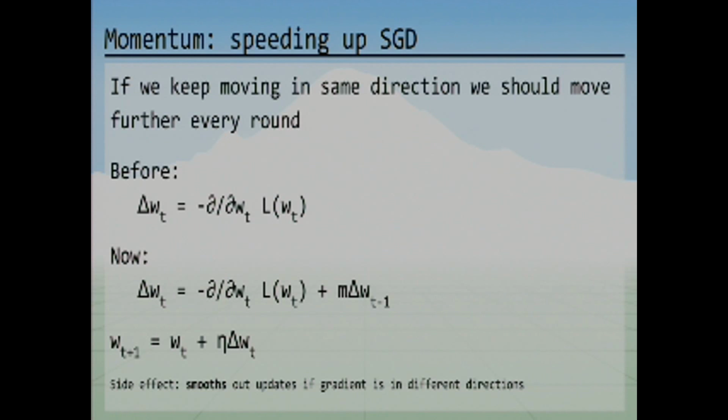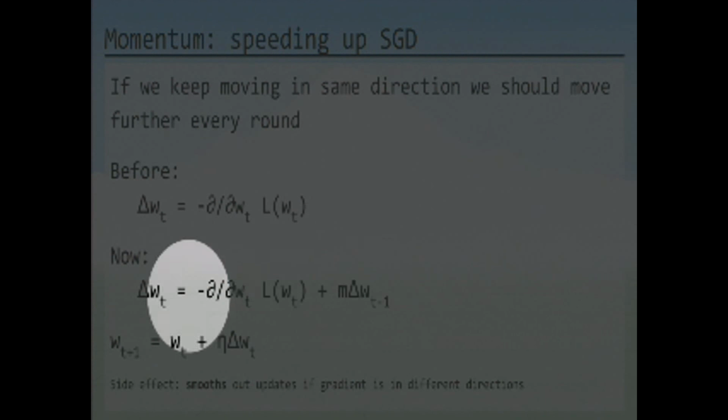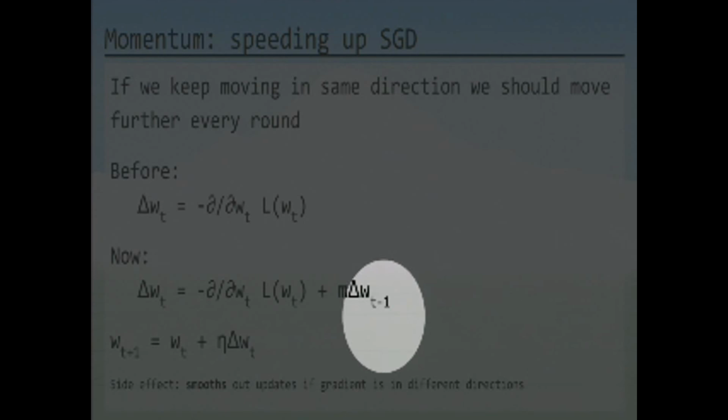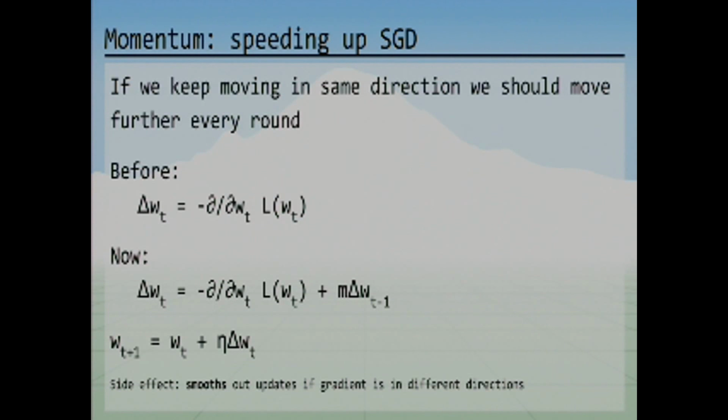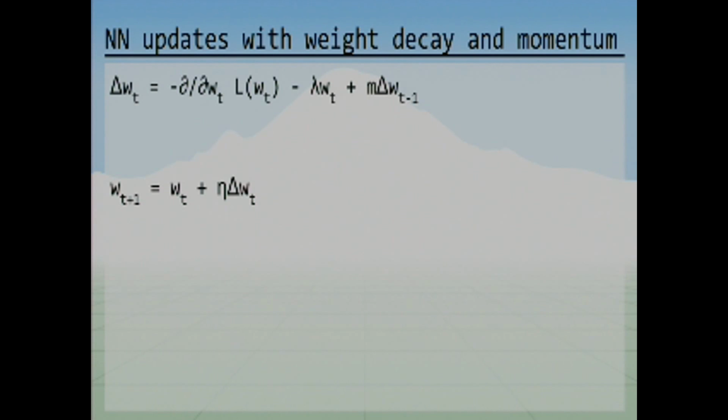So you're going to smooth out all of these weight updates a little bit, and it's not going to have quite as much noise as before, because the update you're making to the weights also has this extra factor, which reflects all of the updates to the weight that you've made in the past. So it smooths it out a little bit, and it has a bunch of nice properties when we're doing gradient descent. So now we have our neural network, and we want to update the weights, but we also